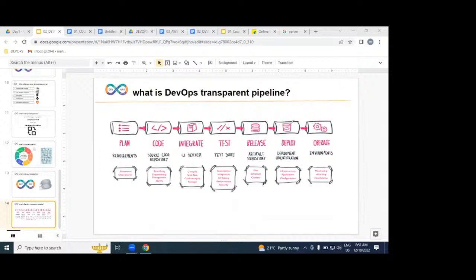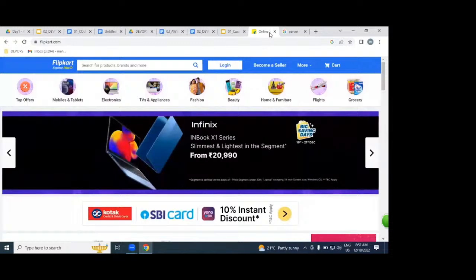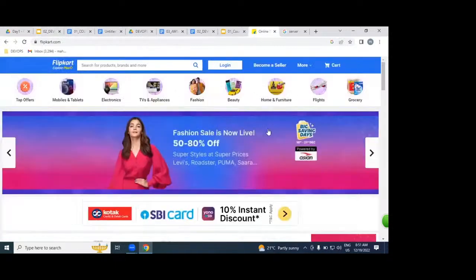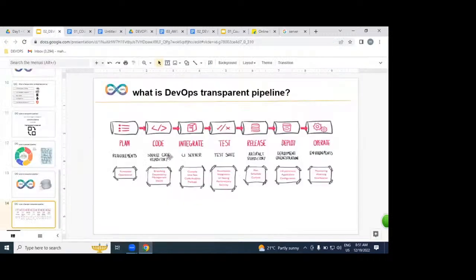Once it is placed on hundreds of servers, we can access our application on the internet as a website. This entire process we call DevOps. Once our application is placed and accessible on the internet, is our job finished? No. Whether it is working or not, we need to monitor and maintain it. That is also the responsibility of the DevOps engineer. Got it very clearly?